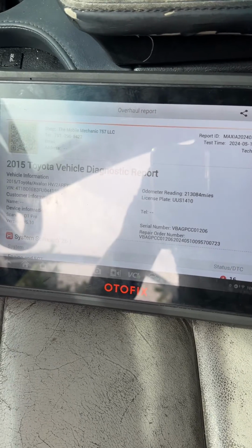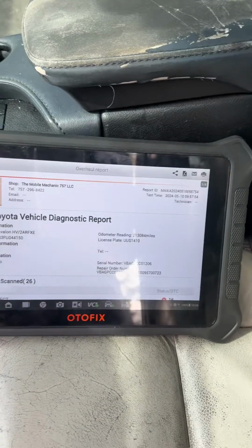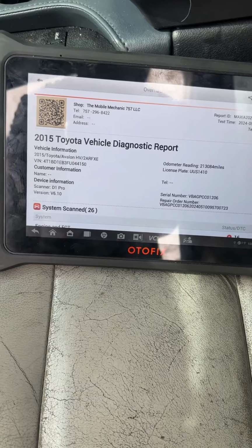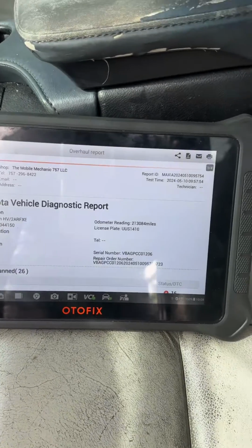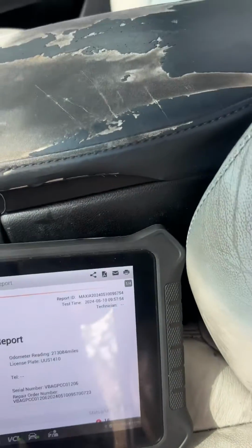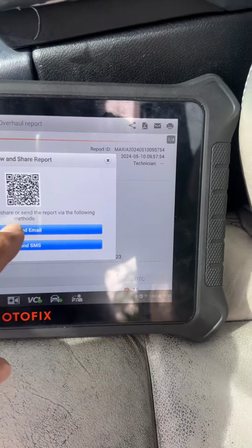One of the great features that we have the ability to do is that we do not have to print the diagnostic to you, or if you're sitting and waiting, we can actually send it via text. So I'm going to give you a demonstration. There's nobody's information up here. So we're going to hit this button right here, and you can see we can email it,